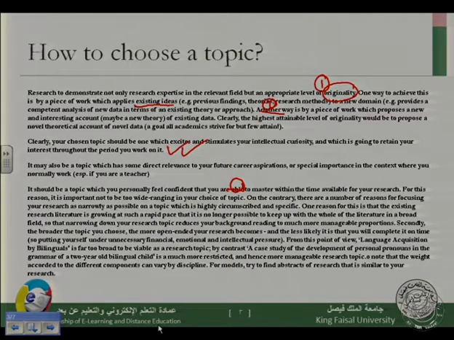For this reason, it is important not to be too wide ranging in your choice of topic. On the contrary, there are a number of reasons for focusing your research as narrowly as possible on a topic which is highly circumscribed and specific. One reason for this is that the existing research literature is growing at such a rapid pace